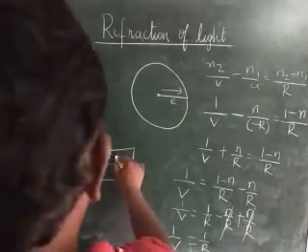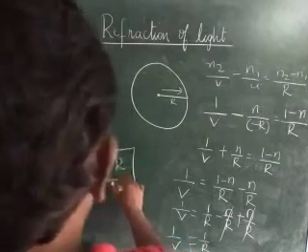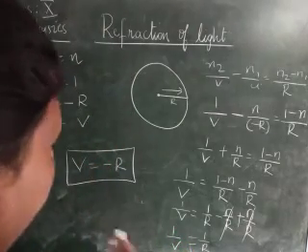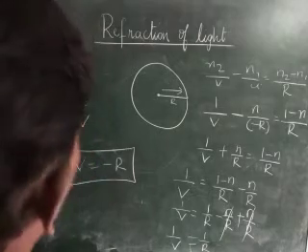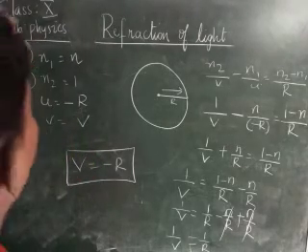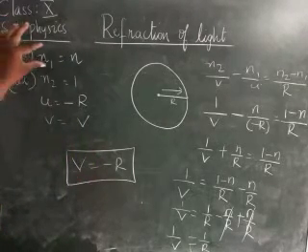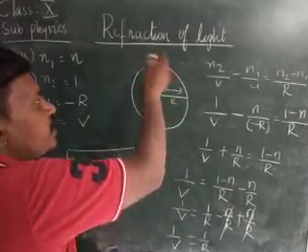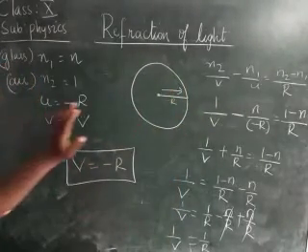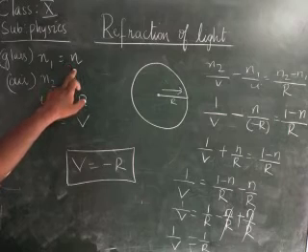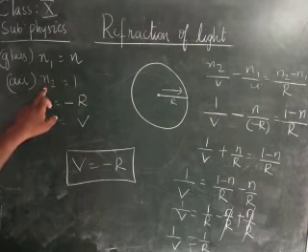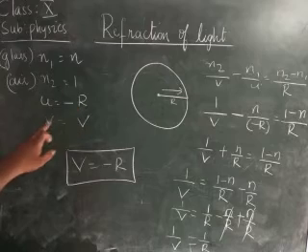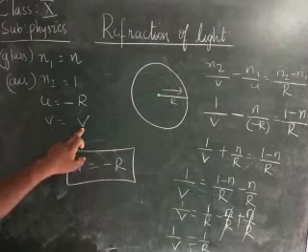Here r is the object distance. Therefore what is the image distance? It will be the same as the object distance, but in the opposite direction. Here in this problem, we are taking it that the dot is present exactly at the center. Therefore n1 is the refractive index of the glass, that is n, and n2 is the refractive index of the air, that is 1, and the object distance is minus r, the image distance is v.